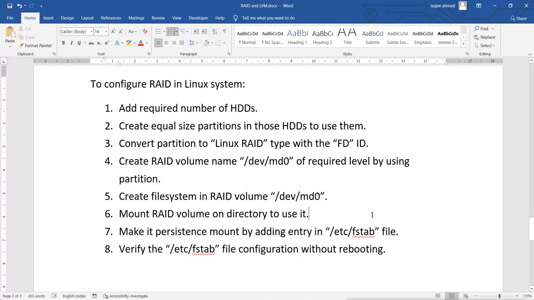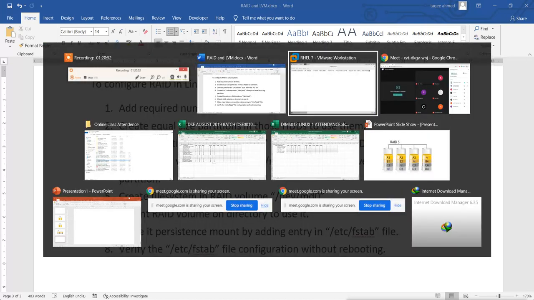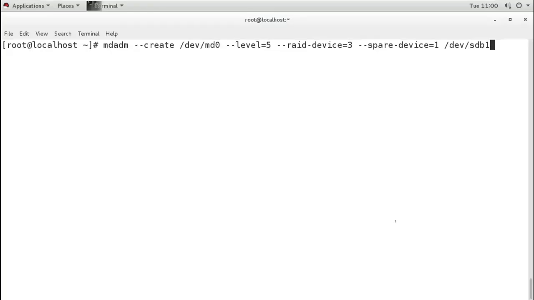We have decided the level. So now I will mention the names of those partitions which I created. The first partition is /dev/sdb1, then /dev/sdc1, then /dev/sdd1, then /dev/sde1.